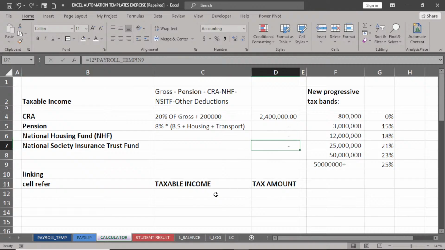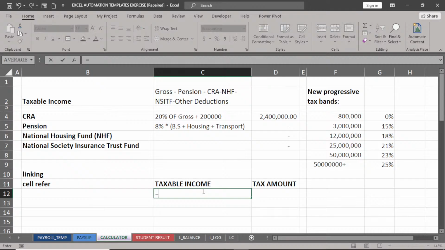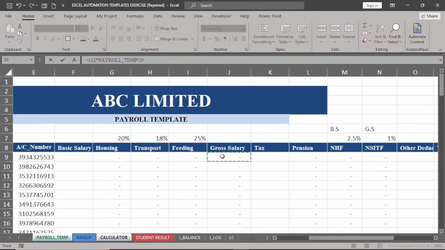All right, now under the taxable income, what we are going to have now, remember we say gross minus all this. So to calculate our taxable income, I'm going to say equals to, let me open a bracket, 12 times, remember we are doing it annual, so it has to be multiplied by 12. 12 times the gross salary here, close the bracket,